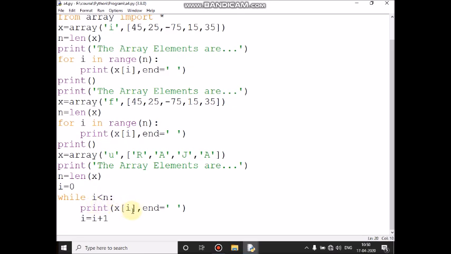Print x of 0th location value, after that it will give one blank space, then control comes here, i value equals 0, 0 plus 1, i value becomes 1.